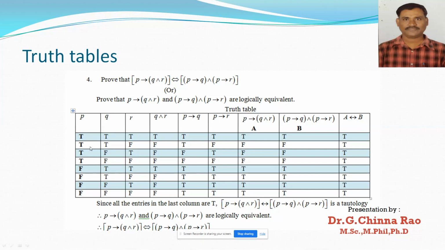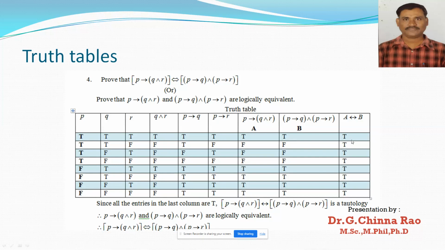True, true: true. True, false: false. False, true: true. False, false: true. You have to keep this in your mind. And again, P conditional R, P with R. True, true: true. True, false: false. True, true: true. So, in this way, you have to form